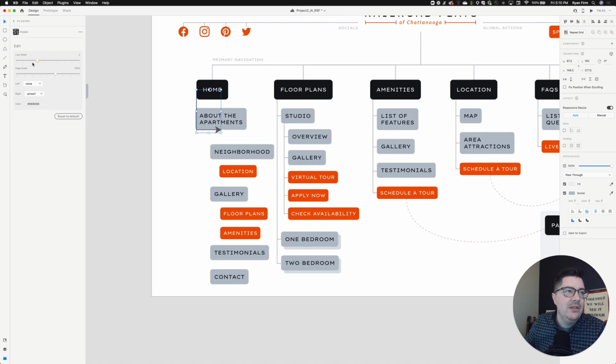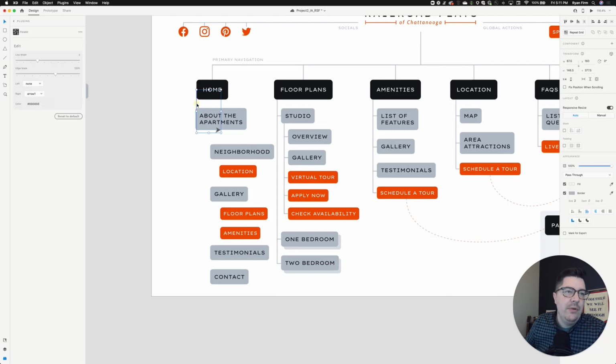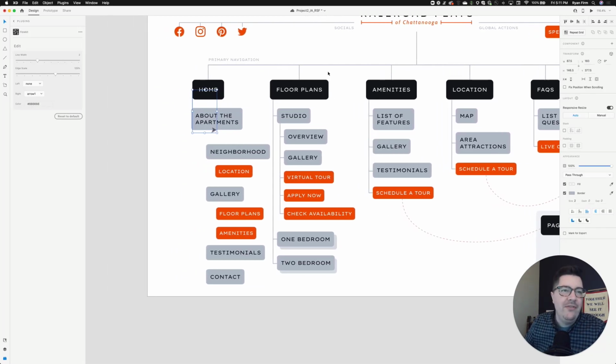So I've just selected my line width over here, and I can change the color also. We're going to change this border color to be this gray that we're using. Now, I'm not using the arrows in any of these. Whether we're getting into user flows, maybe you might use arrows. But for this, I'm just stacking it here, kind of showing how it might nest. So I could choose left, arrow, circle, different things that I can choose there. My right, I'm going to turn that off. And of course, I already have the color